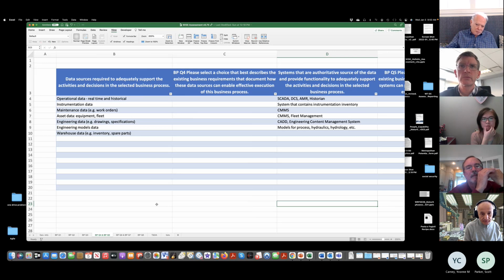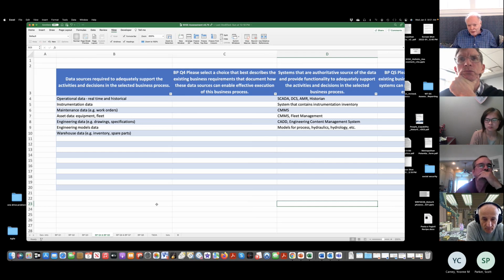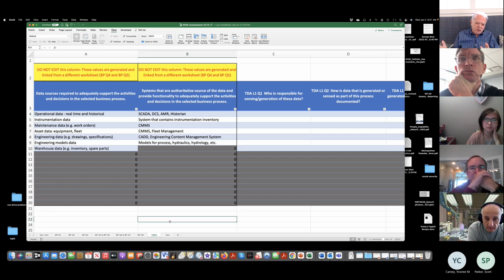And what's come up is that integration of those other assessments with this is important, but additionally, on the technology side, looking at data and systems, maybe it's just a separate set of questions. I don't know. Just related to those systems and data, rather than just a drop-down menu to say which ones apply, some questions about them, and